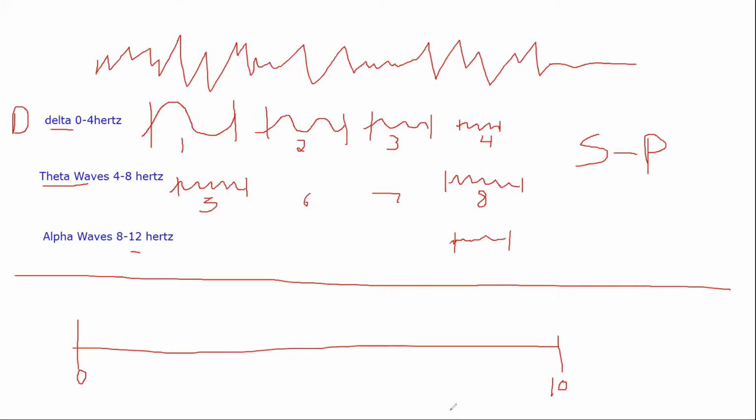But in reality, it's not, okay? What happens about every 3 seconds is I get a little burst of a theta wave, and then let's say at second 9, I get a little burst